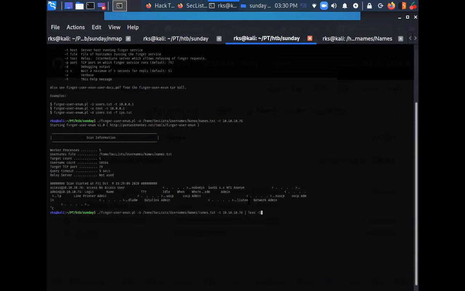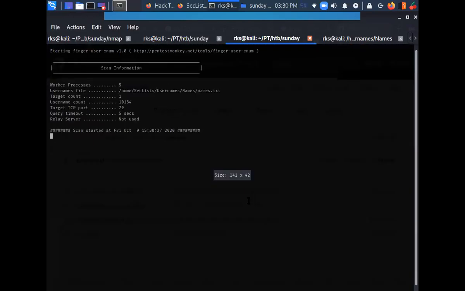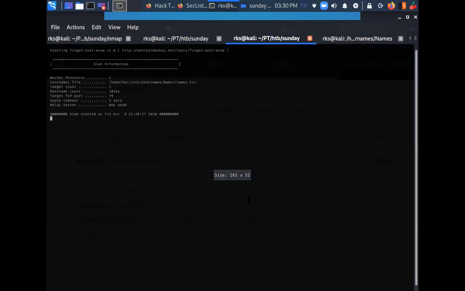Let's use hyphen S, if I'm not wrong, it is hyphen S. Now run it. Yeah, now it is fine. Let's wait for this scan to finish.